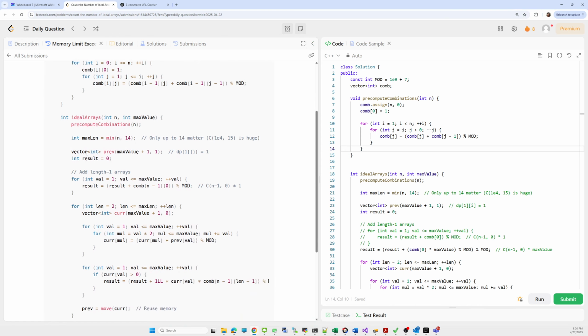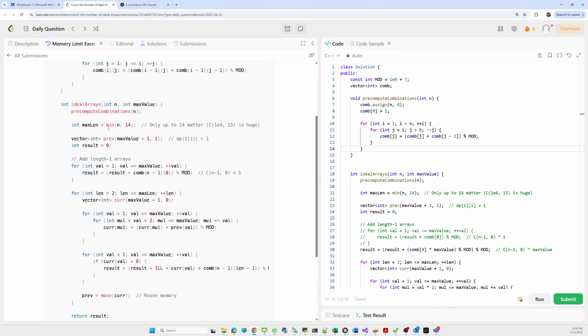Using that information, first we limit our range, because we will only create an array of size 14 maximum.